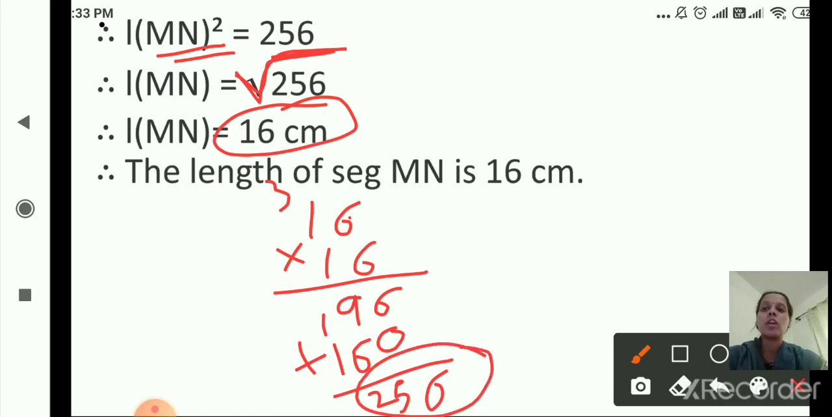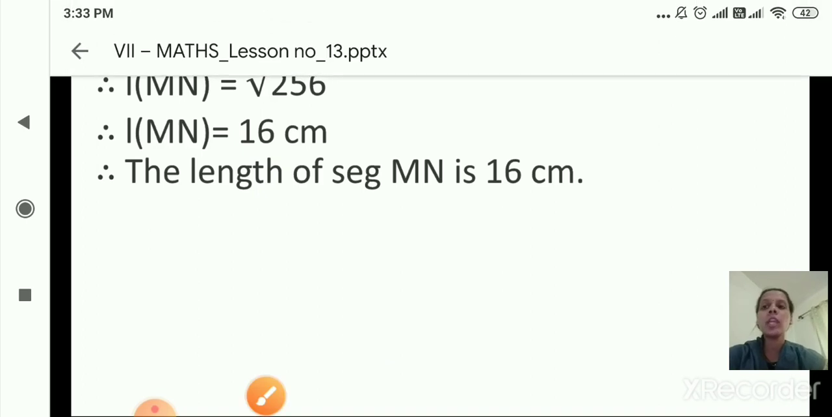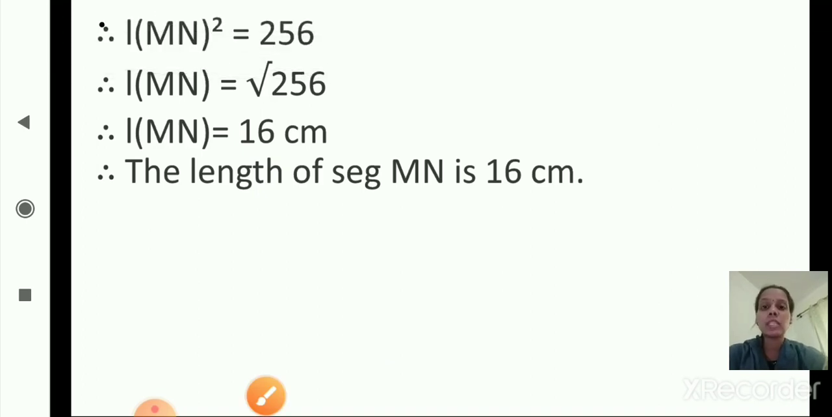So what is the square of 16? That is 256. And what is the square root of 256? Right, 16. Okay, the square root of 256 is 16 and the square of 16 is 256. So length of MN is equal to 16 centimeter. And